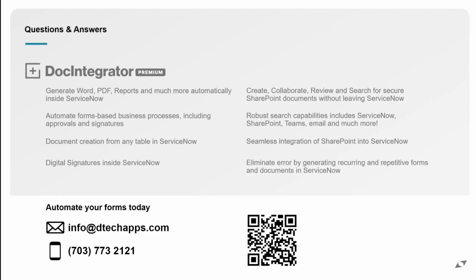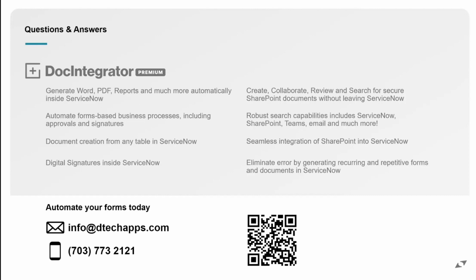So funny you should mention that. One of our products is called Tasker. And Tasker is an enterprise level tasking solution or work management solution, which can connect directly into this so that not only can you send out tasks, but you can have part of that task be digitally signed when completed. So the answer is yes, including a tasking solution, which allows for private tasking, which allows for visibility into everything. And so that would be our DocIntegrator, which you're seeing, as well as Tasker solution combined will provide you